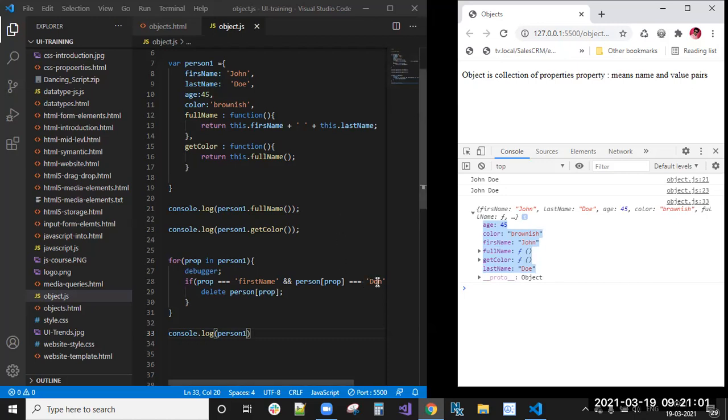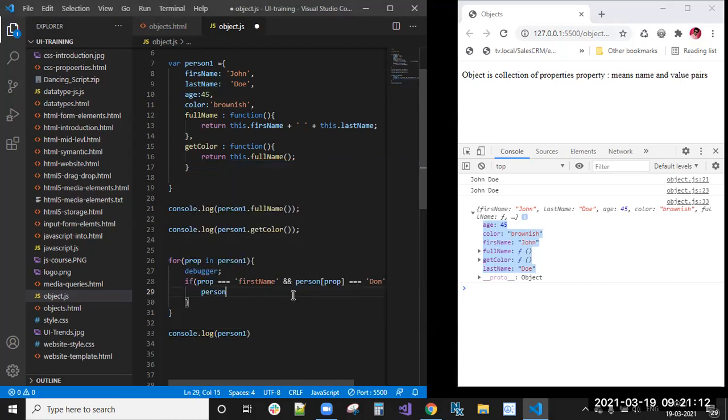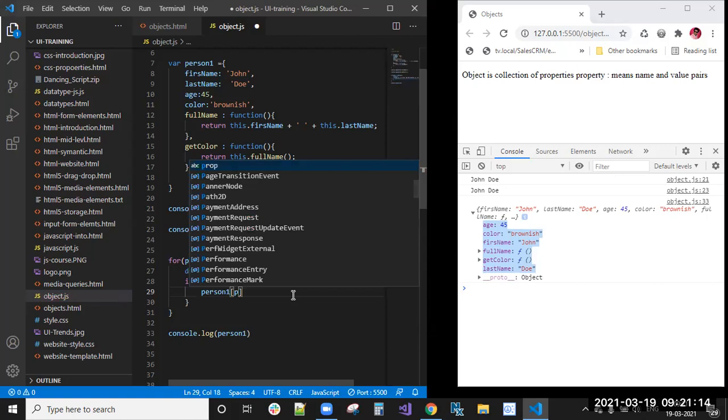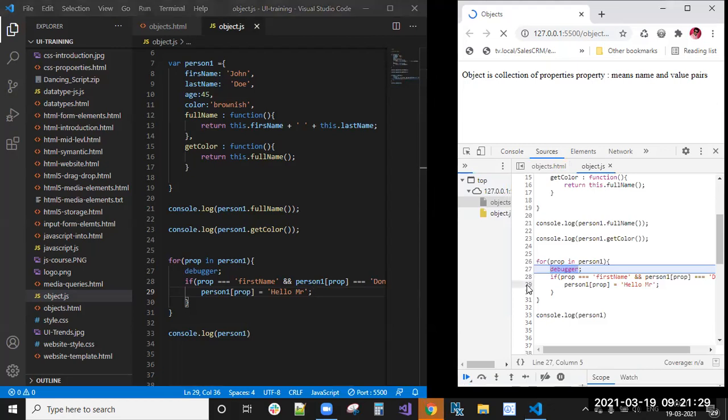In that case, if the property matches, then instead of delete, don't delete that. What you can do is person one of prop equal to, okay, here prop equal to hello Mr. Okay, something you want, you can change.